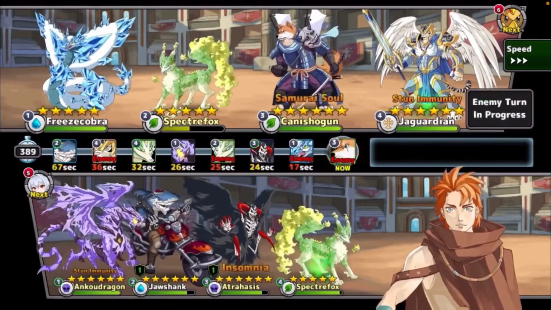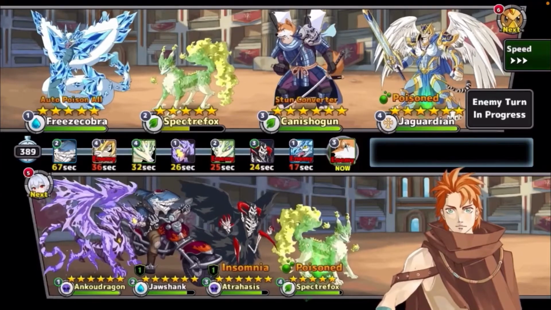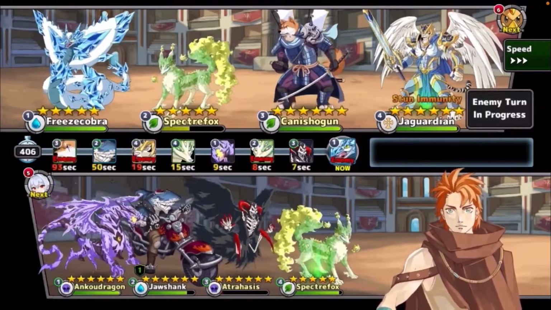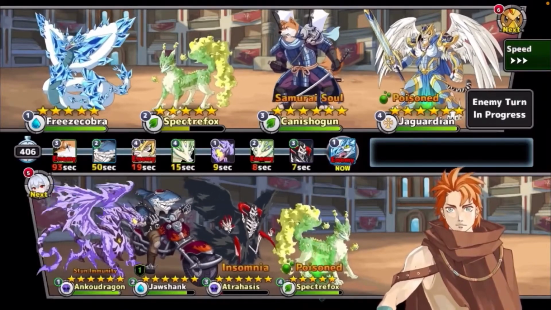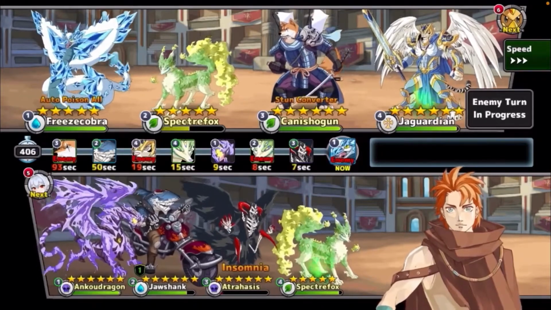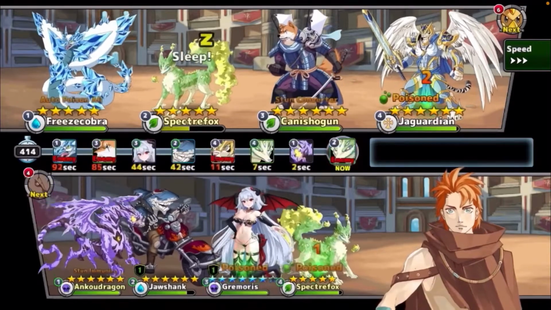But I'm pretty sure his Kinesia gun has Bloodthirst charged? Maybe? No. He just goes for the Retribution on Atrahasis. And then kills him with Freeze Cobra. So I see I have Grimoris next in line. And I know if he does the Poison Drain, which he does, then all 3 of his monsters that aren't